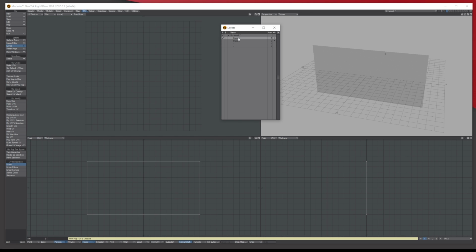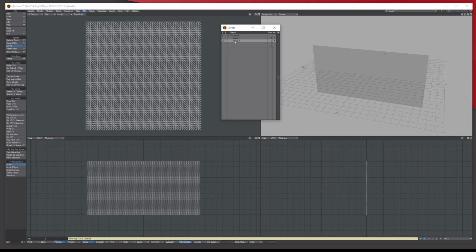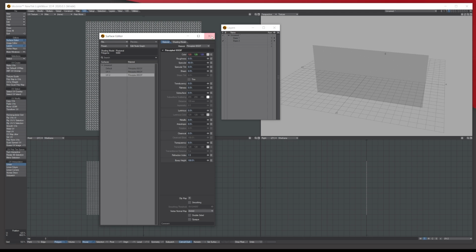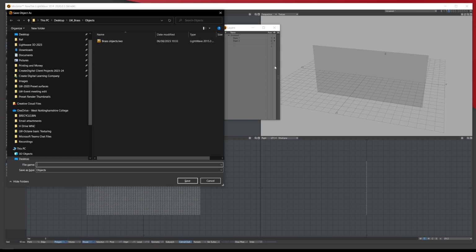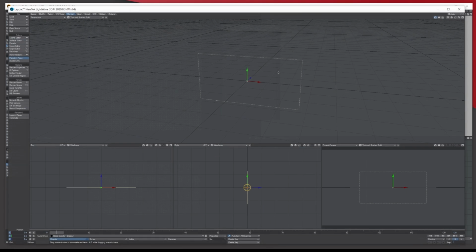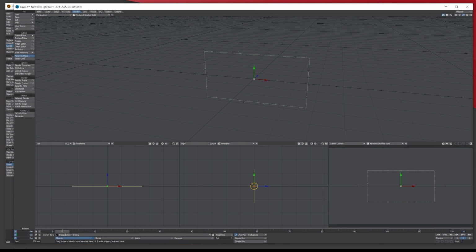Then we'll press Q on the keyboard to bring up the surface editor, and let's just call this UV-1. You can call this whatever you want, and then again Q, and then UV-2. So in the surface editor here, they've both got their own UVs. So we can save that, and I'll save it into here. Call it 1 because I've already done 1, and then let's send it through the top corner here, look, and we'll send objects to layout. Here we go.